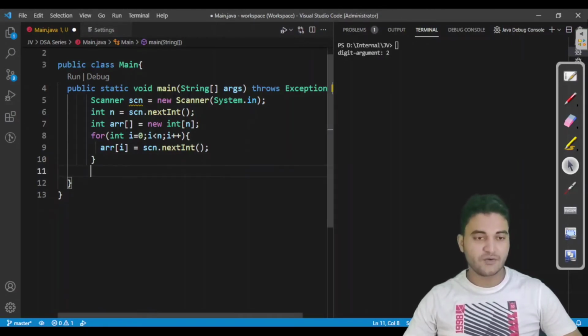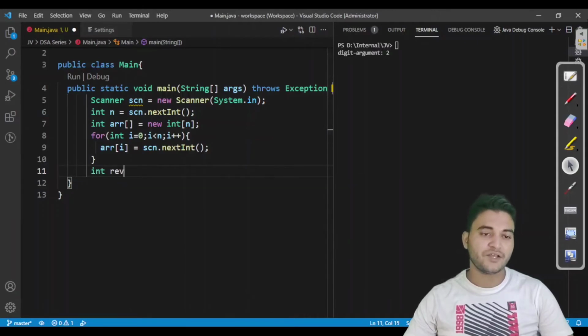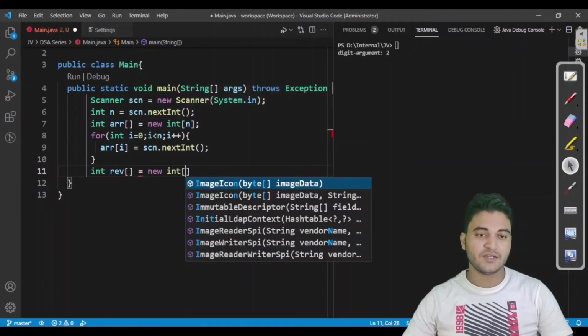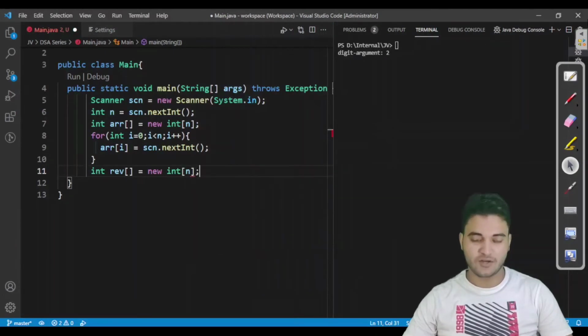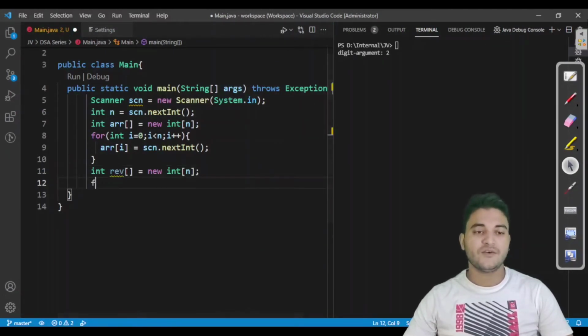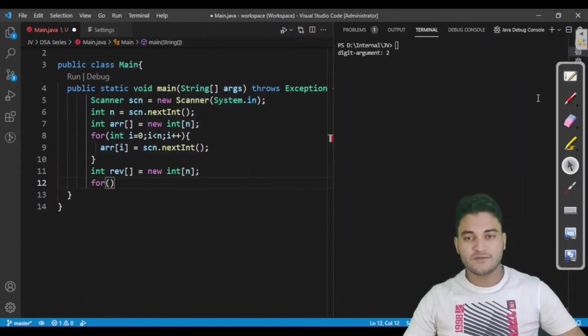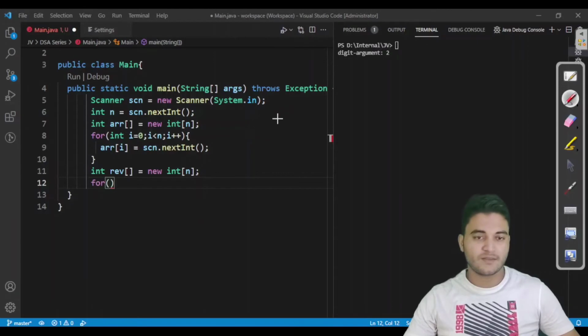So what I told you in the first step, we have to declare another array of the same size. That means we would declare an array of n size called reverse array. And then, let us say you have this array as input, 2 5 6 7 8 9 1 2, fine.